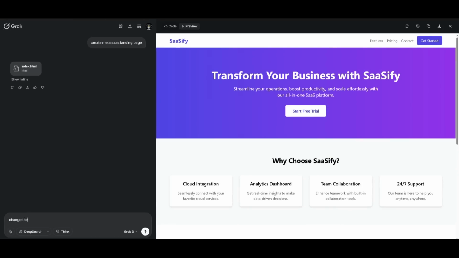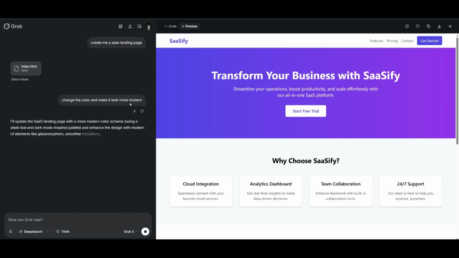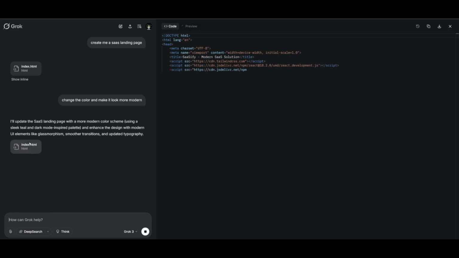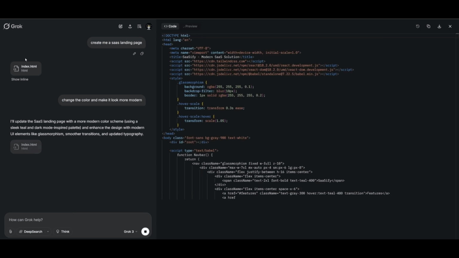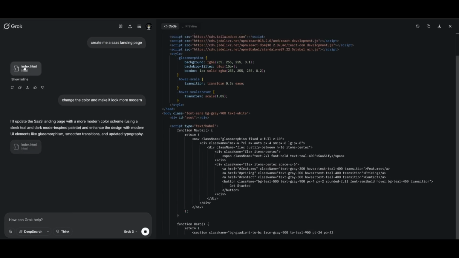So you can say change the color and make it look more modern, and then we can go ahead and send that prompt in, and it's going to then go ahead and work on the second iteration of it, and then you can take a look at that second iteration over here. But say if you want to go back to the previous iteration, you would simply just click on the